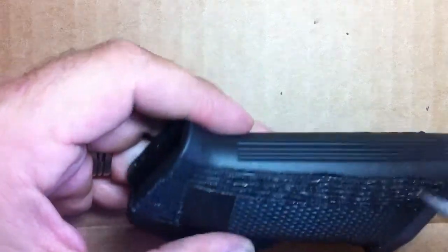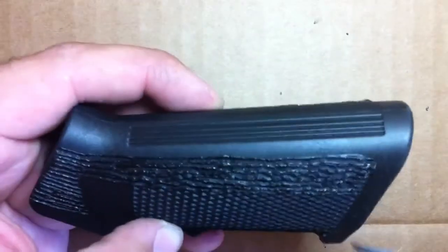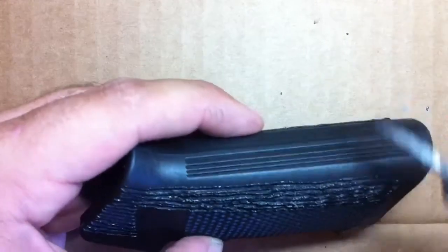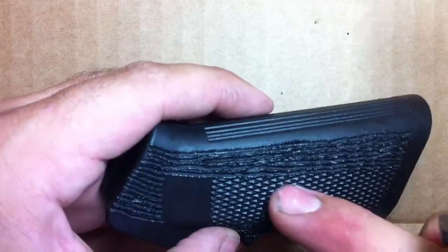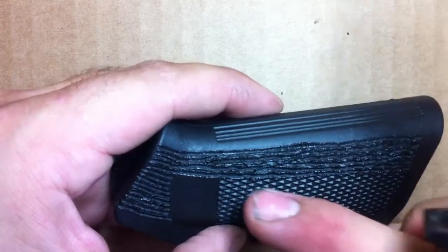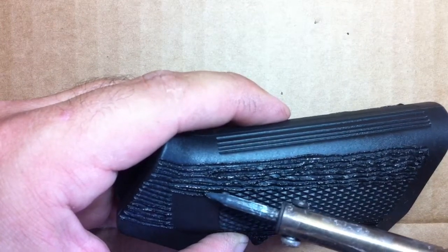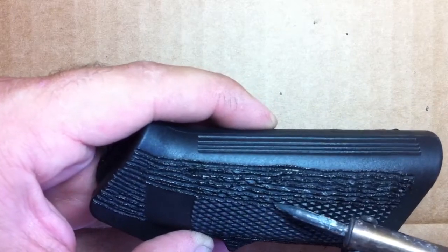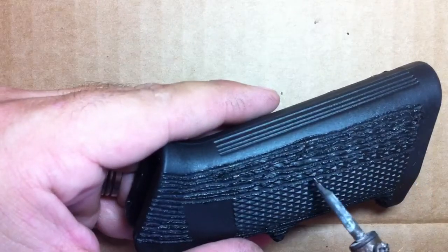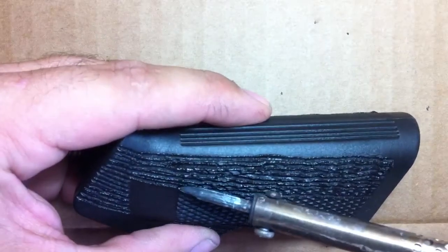And then when you miss spots, like you can see right here, I missed a spot right there. You want to go over that, because when you're done, and you stand back and look at it, you can see the difference in the finish. This is obviously a softer finish than this, so you can see that soft finish through your work. So you want to cover all that so that it looks uniform, because you can tell when you've missed a spot. It's pretty obvious that you missed a spot. So go back up in there